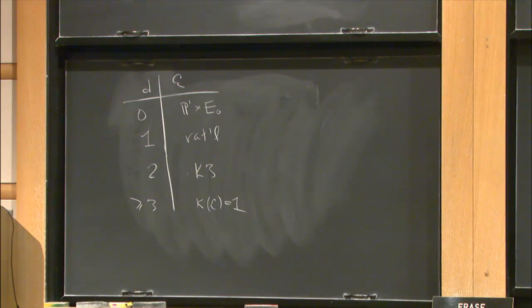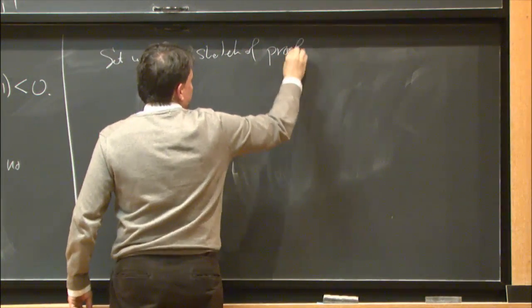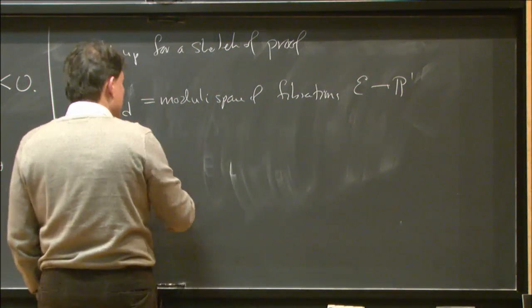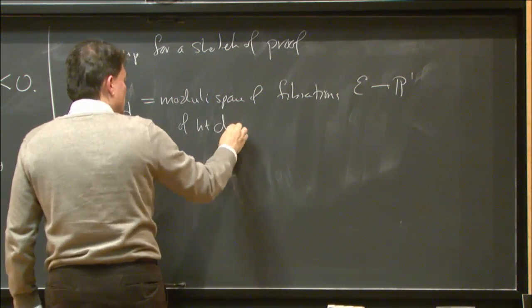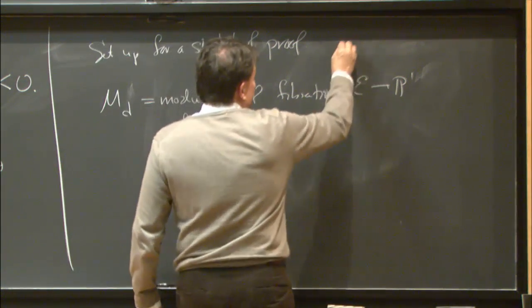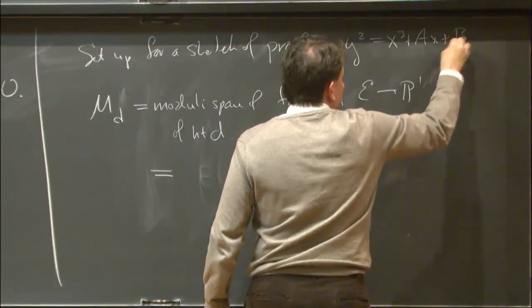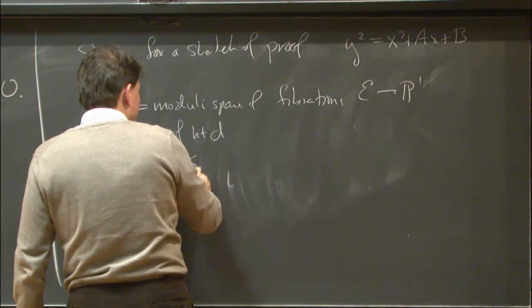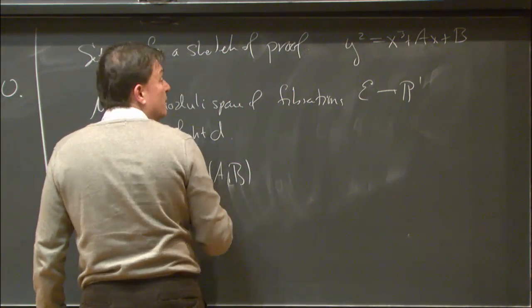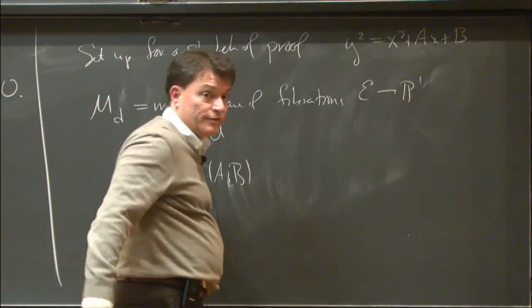Okay, so I want to set up for a sketch of the proof, implicitly assuming that there's a zero section of height d. And this is actually a pretty concrete space. So let's write our equation down here again. So we have y squared is x cubed plus ax plus b. So I have two polynomials here, a and b. Degree generically will be 4d and 6d. So that's 10d